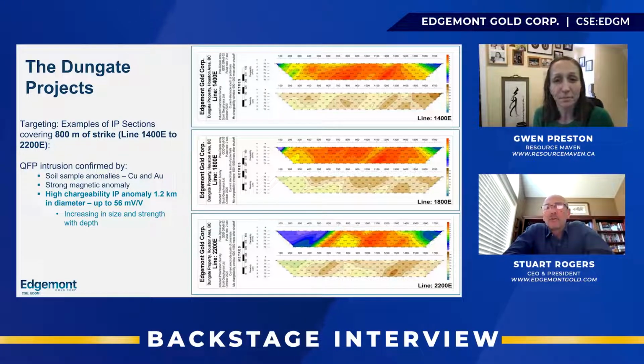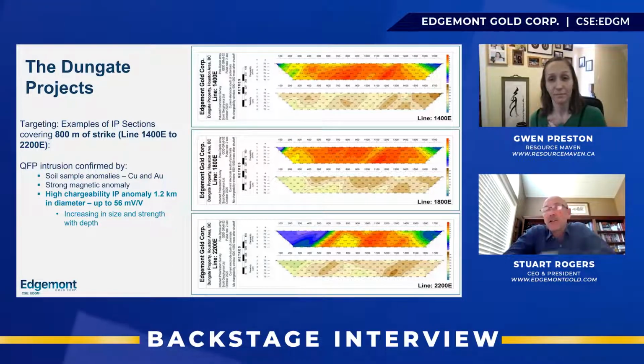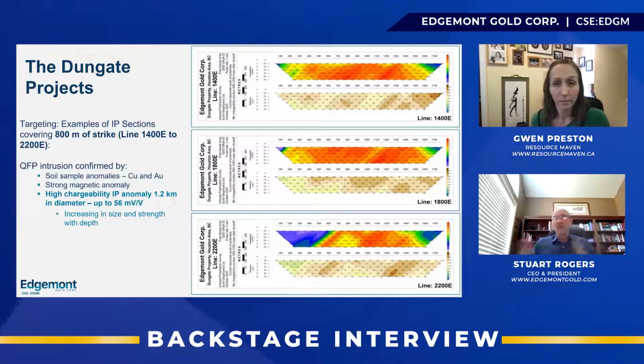Referring to a slide here with three cross sections for the IP anomaly we're targeting. The IP anomaly covers roughly 1.2 kilometers in diameter. These three cross sections from the IP show a very high chargeability anomaly across three lines, and we just selected three lines over the course of 800 meters. There are more lines to the north and the south, but basically these lines show the anomaly has legs over 400 meters from where we have one historic drill hole on the property in the center